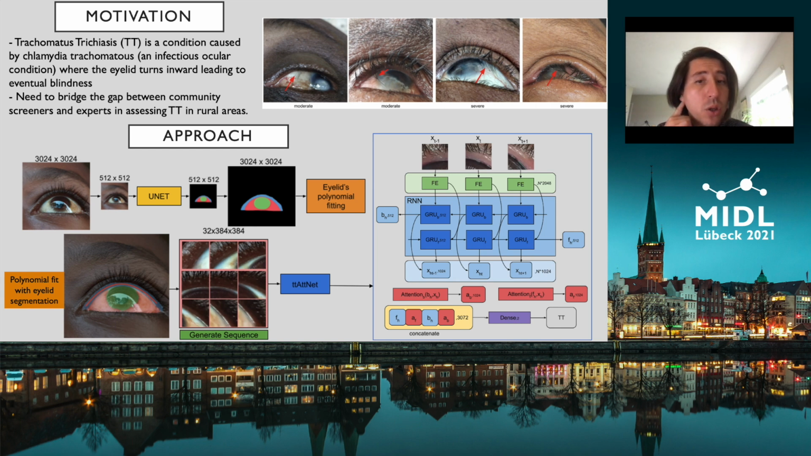If this condition is not corrected, the inturned eyelashes may abrade the cornea, and this will lead to blindness. The primary way to correct this condition is through surgery. The majority of individuals that suffer from this condition live in low and middle income countries where the access to health services is limited. And there are many surgical campaigns that are conducted in rural areas, and people from the